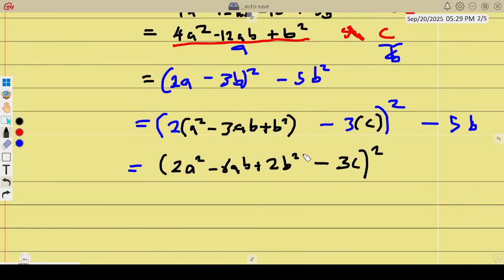So here we've opened the brackets for this one. 2 times A, these are the things, and then 3C, 3 times C, it is C, and then don't forget to have a power 2 outside, and then minus 5B. So from here, there's nothing that can be simplified, so we open the power 2. This will be 2A squared minus